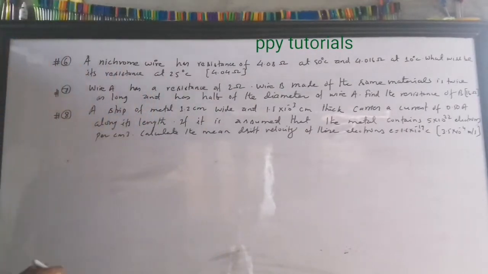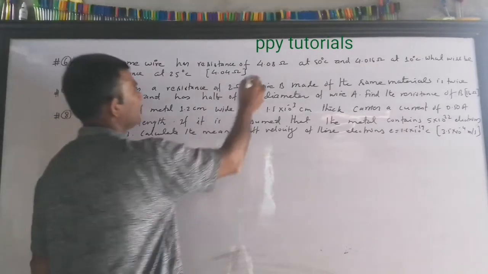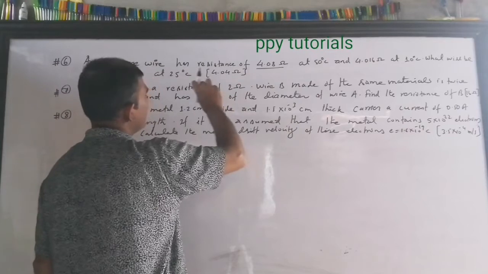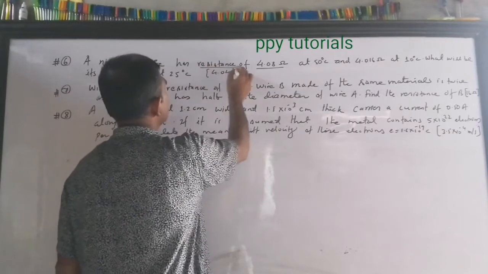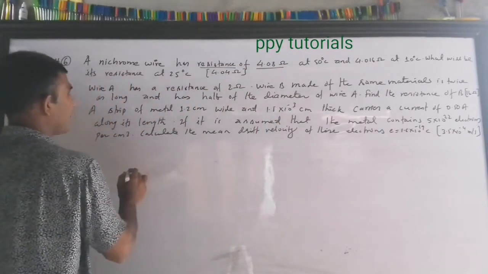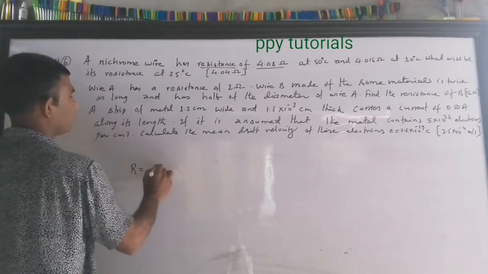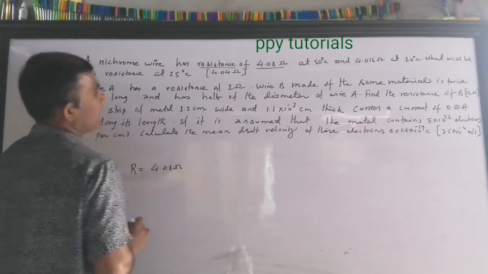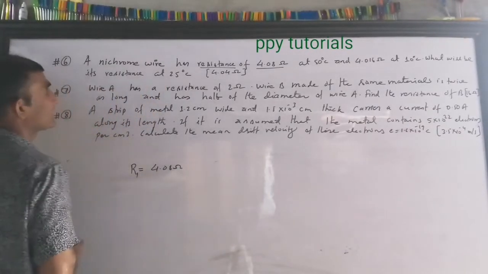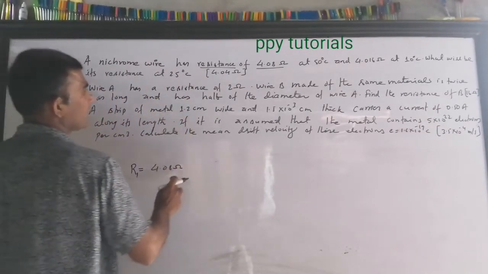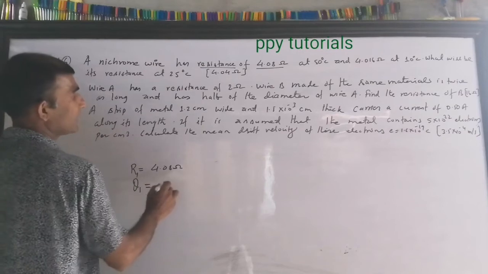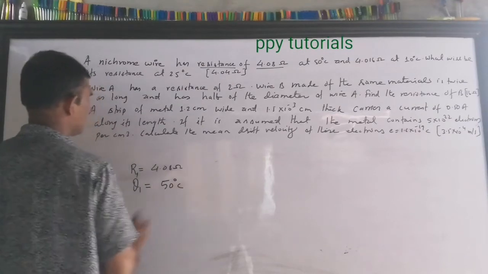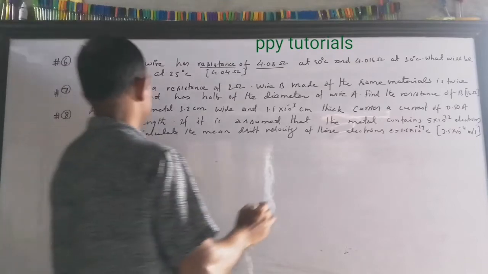So the next question, the 6th question: a nichrome wire has a resistance of 4.08. When we are reading the question, try to identify the terms and what each number should be. Its resistance is 4.08 ohm, given at a temperature of 50 degrees Celsius. So let me write this temperature theta 1 as 50 degrees Celsius, and the resistance R2